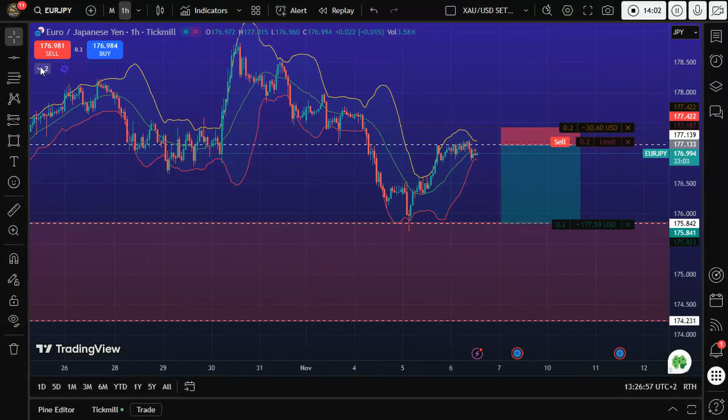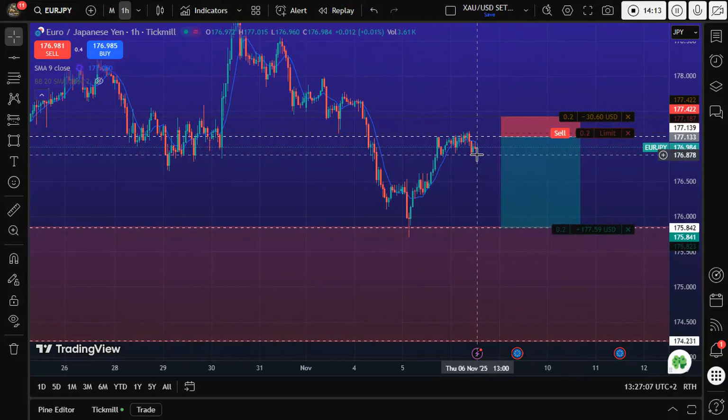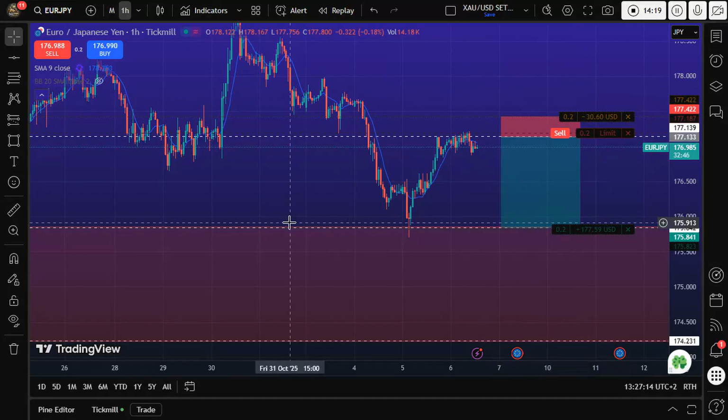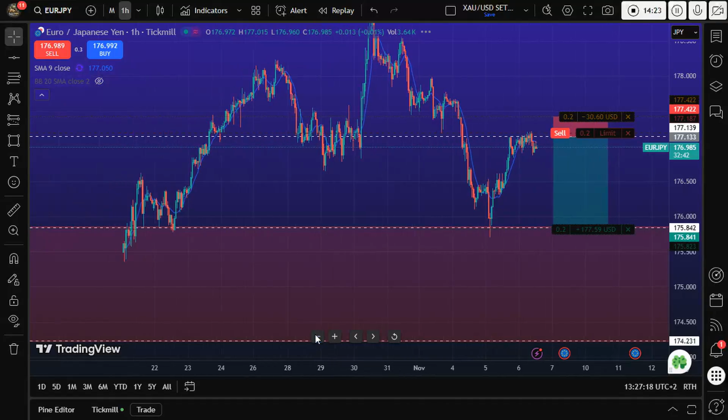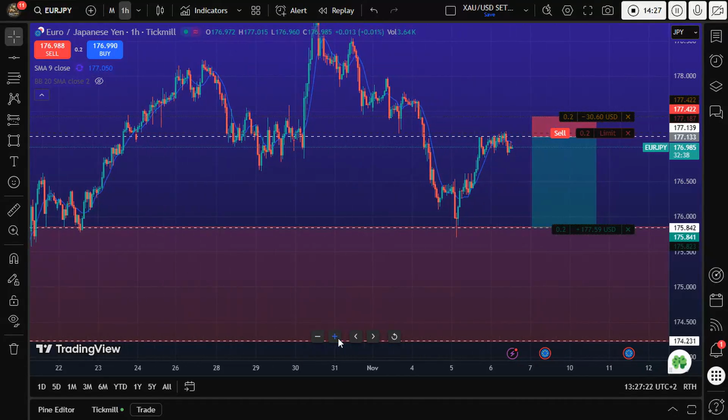Let me just clear this out here and keep my moving average. As you can see, there is price underneath our moving average here. So yeah, this is how I enter trades, guys. Simple like that. I don't want to make it sophisticated and complicated, because I'm still